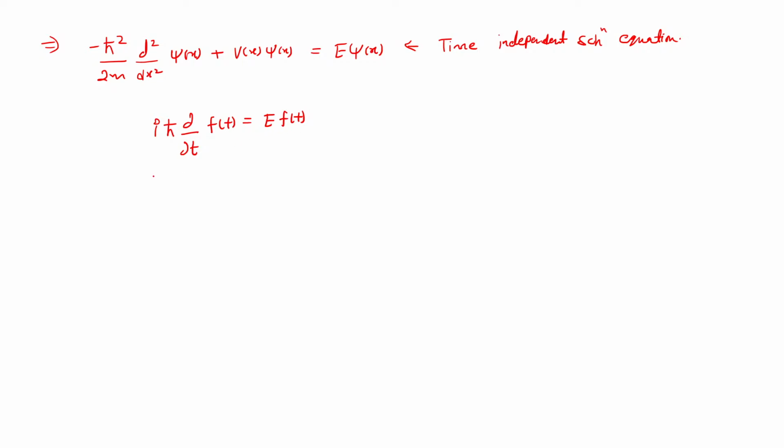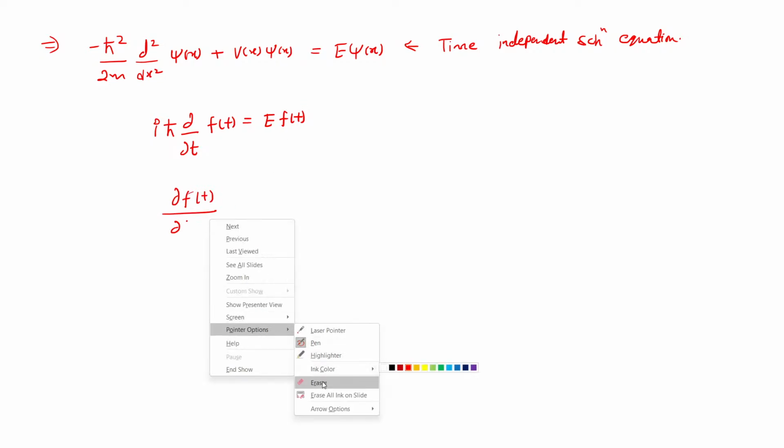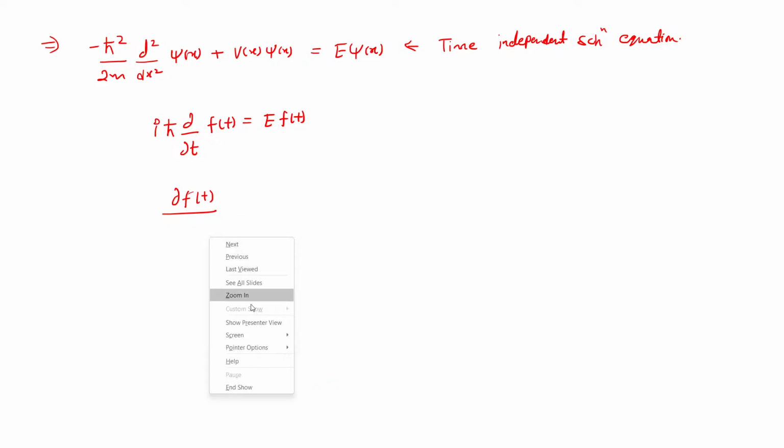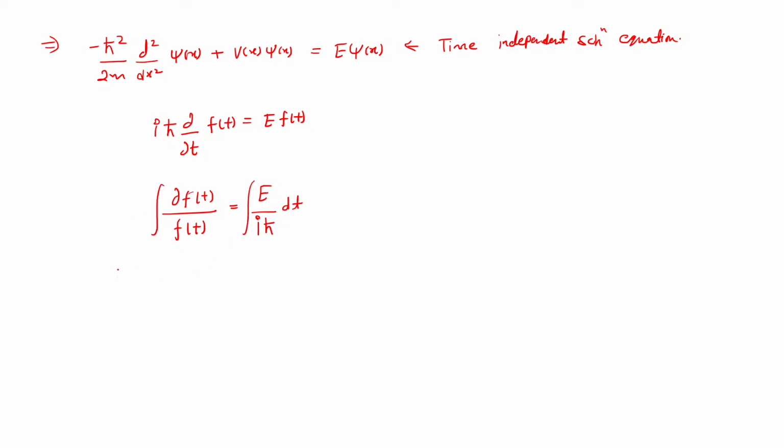We can separate the variable, del f of t over f of t, that turns out to be E over iota h cut dt. So now if you integrate both sides, what we will get, this will be log of f,